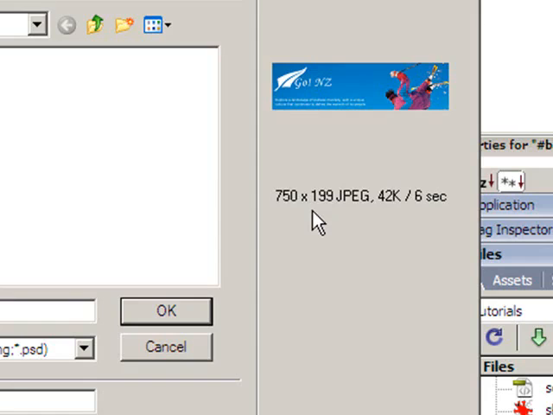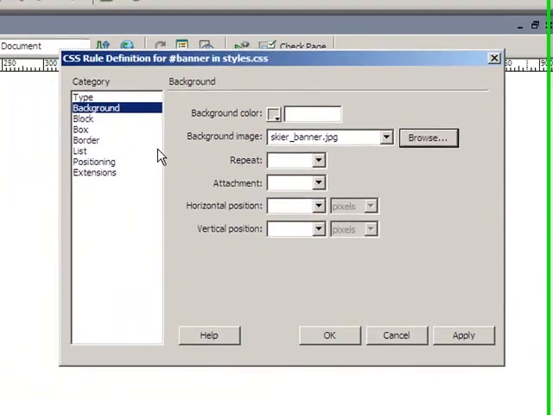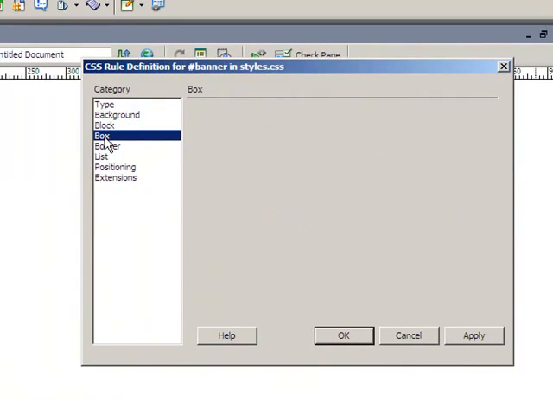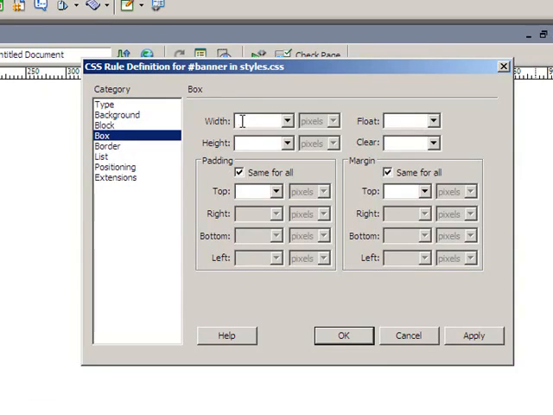Now you need to remember those, because that's what we're going to set the width and the height of this ID to. So you can see it's 750 by 199. So I'll click OK, and now I'm just going to head to the box category, which is where I set that, and here I'm going to set my width to 750 and my height to 199. Now I just click OK,